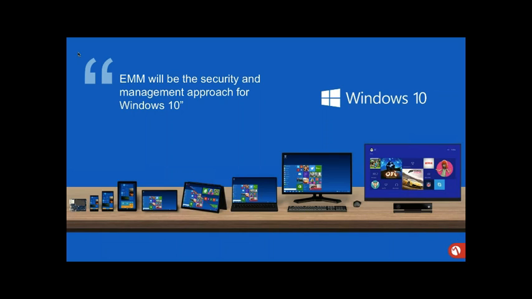EMM will be very much a part of enterprise mobility within Windows 10. As many of you know, Windows 10 will be ubiquitous across different platforms, which means that it requires management at different levels for these devices. We're seeing more and more organizations talking about the adoption of Windows 10 right across the board, and it remains a very, very important part of our organization and our build as we go forward.